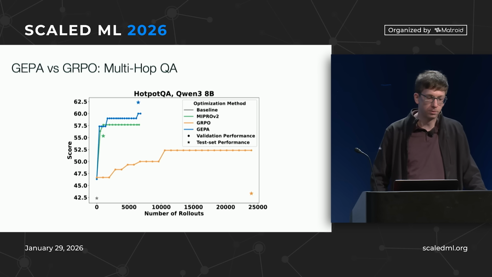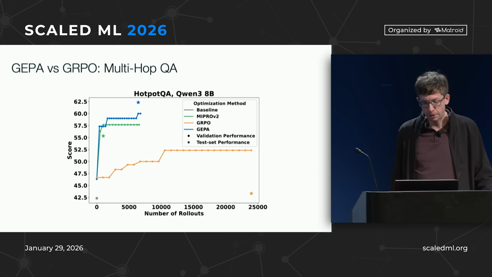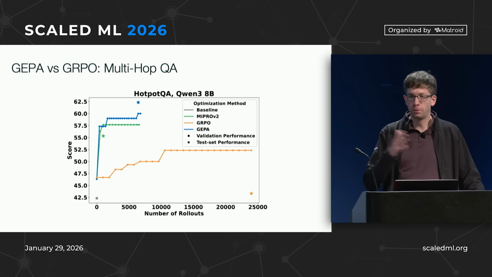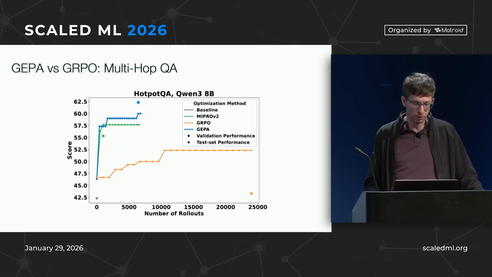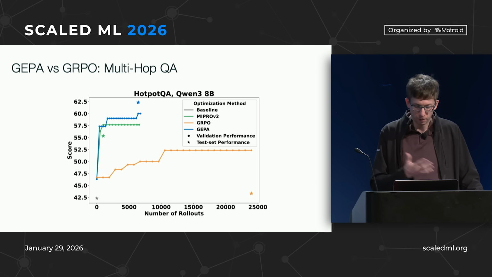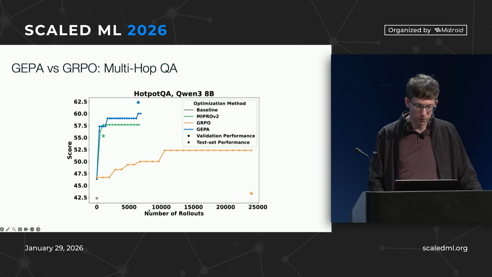So how does it do? First of all, we wanted to test it in terms of sample efficiency on tasks where the reward is fast enough to do reinforcement learning. We tried it on a few things. This one here is multi-hop question answering. Basically, you need to search a database, actually search a bunch of web pages, and answer some questions. The blue line is GEPA. This is the score of how well we're doing versus the number of samples or rollouts we do.